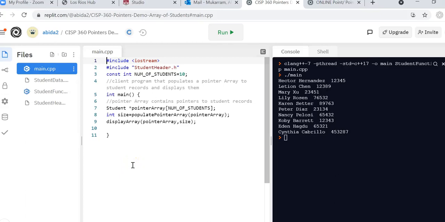Hello students, I wanted to include this little video here to support the module 11 programming assignment, in which we have an array of movie records. And this array is not just an array of movie records, but it's an array of pointers to movie records. So the example that I have here, which is very close to the work that you will be doing in module 11,